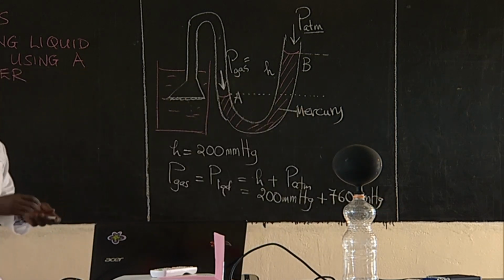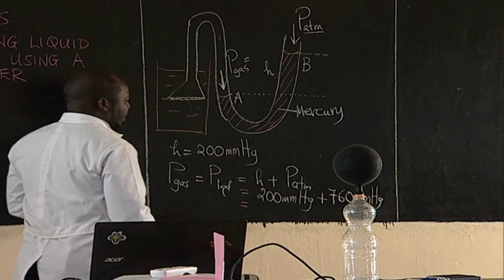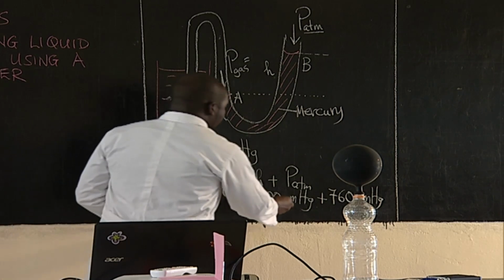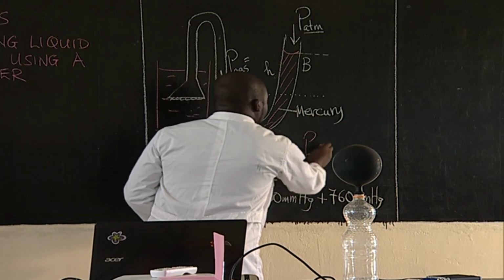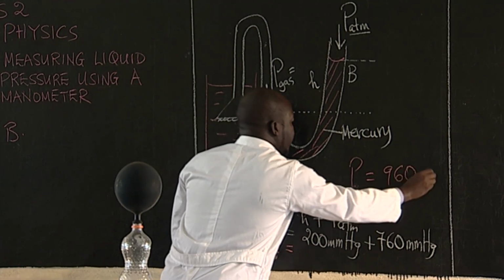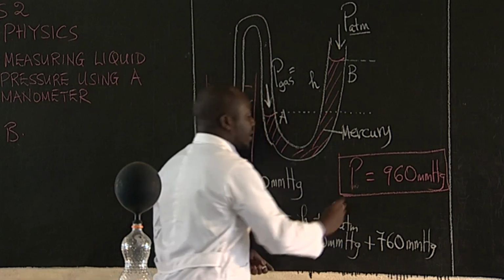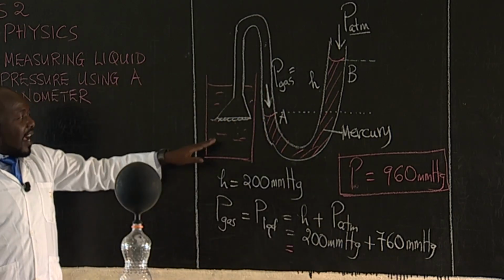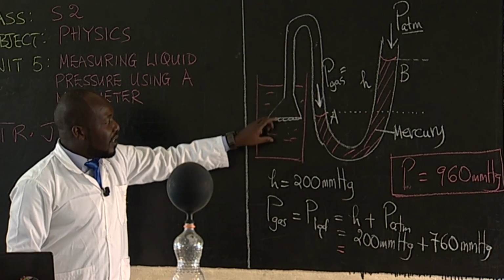So when you add those two, what do we find? 760 plus 200, our answer is going to be 960 millimeters of mercury. And so this 960 millimeters of mercury is the hydrostatic pressure within this liquid at this